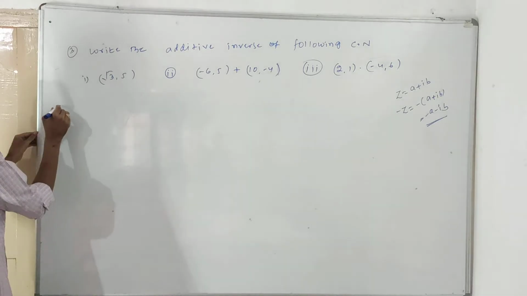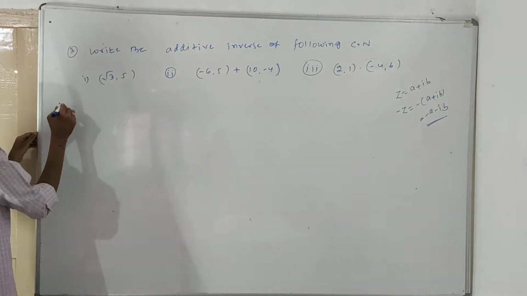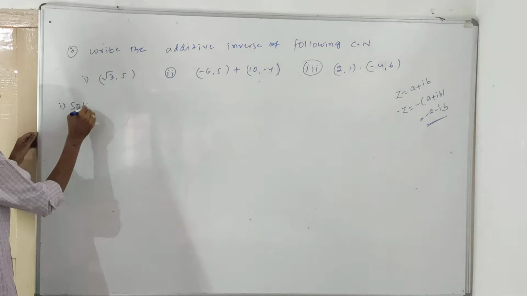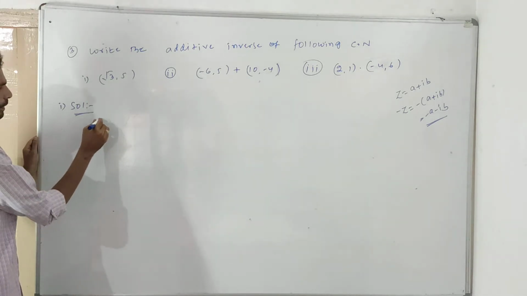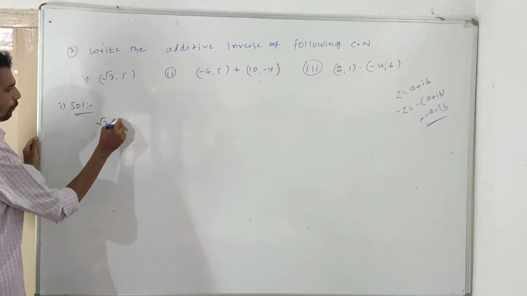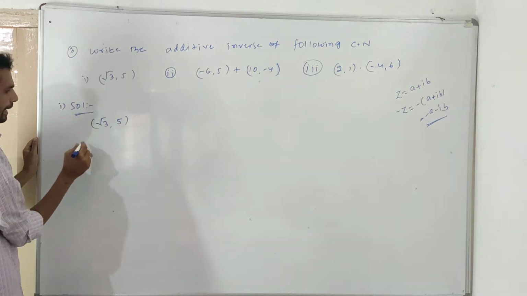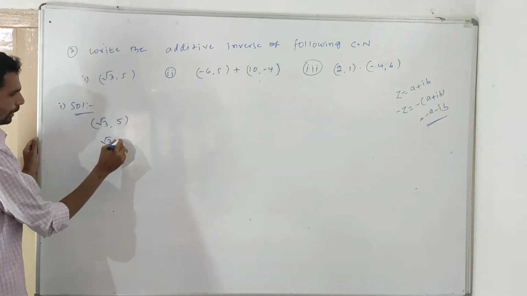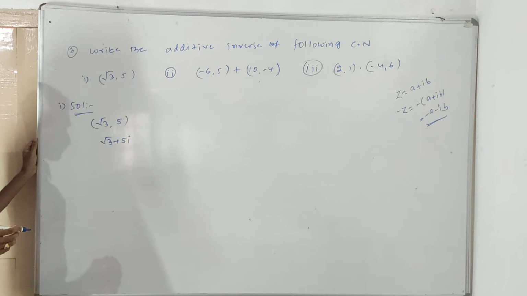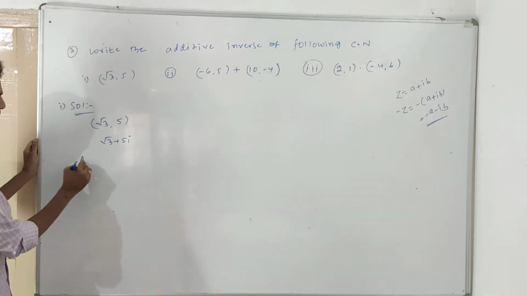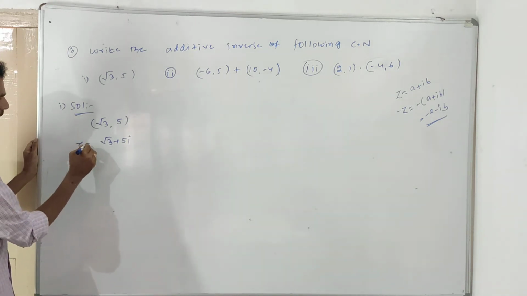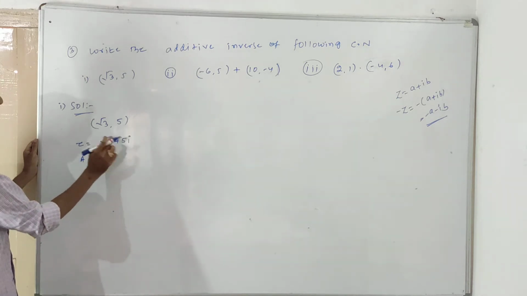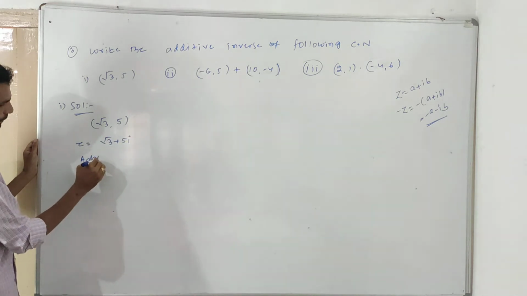First problem solution is: what is given? Given that √3 comma 5. It can be written as √3 plus 5i. Any doubts? What do you want? You want the additive inverse of it. Suppose Z1, we take z. Z is equal to √3 plus 5i. Additive inverse of